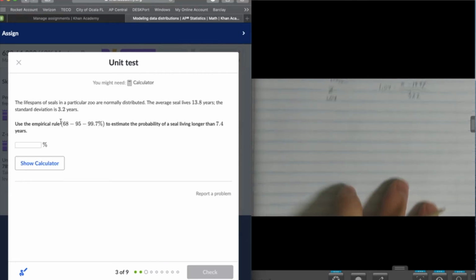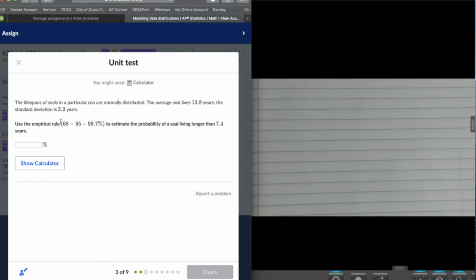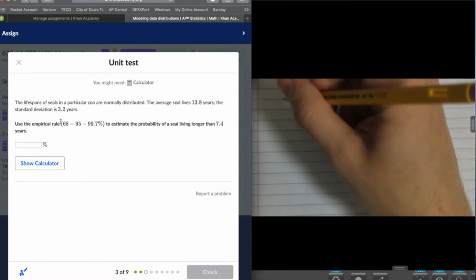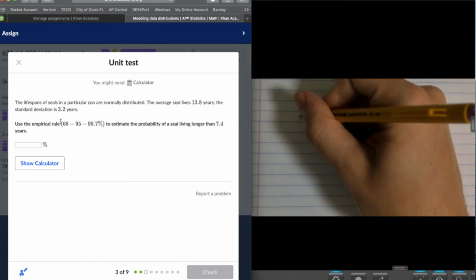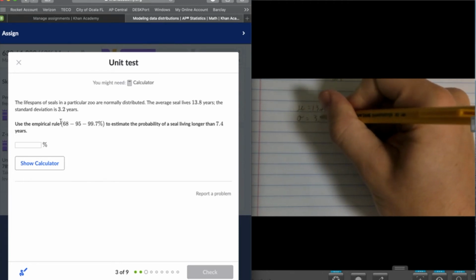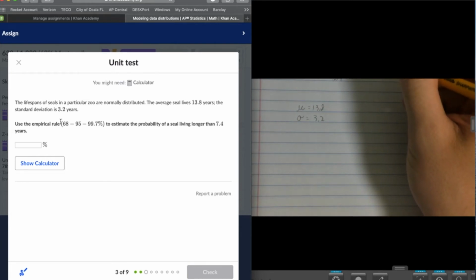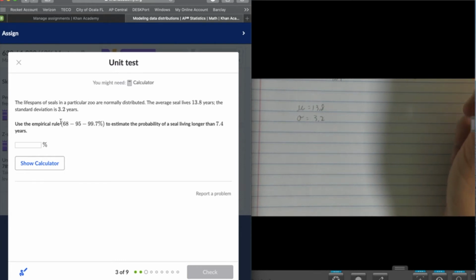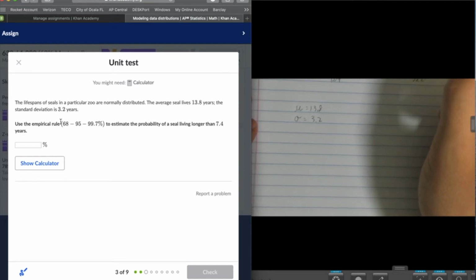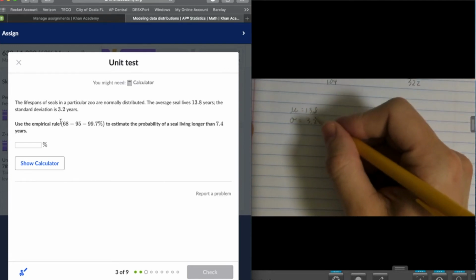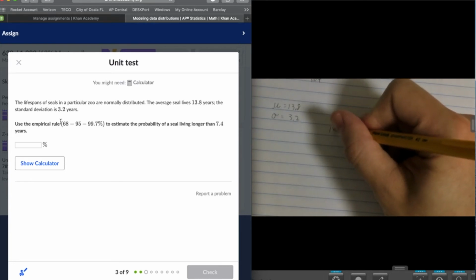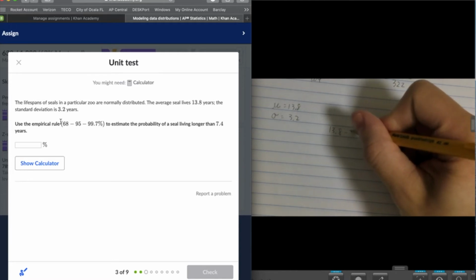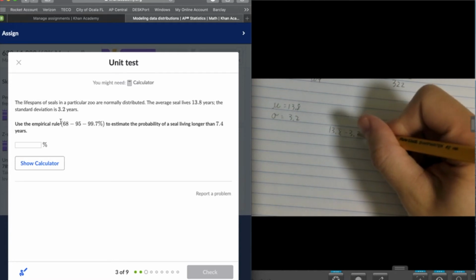All right, up next we have an empirical rule question, and it says that the lifespan of seals in a zoo are normally distributed, and the average is 13.8, and the standard deviation is 3.2. And then it says use the empirical rule to estimate the probability of a seal living longer than 7.4 years. So the thing to do is figure out how 7.4 is related to this 13.8 and 3.2. And you can get 7.4 by subtracting 3.2